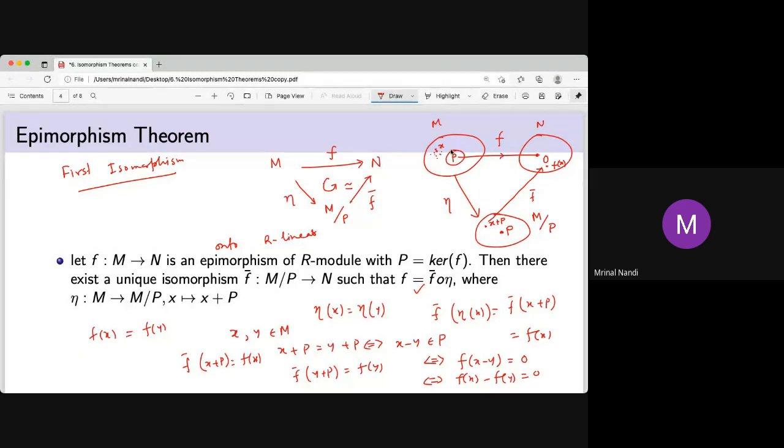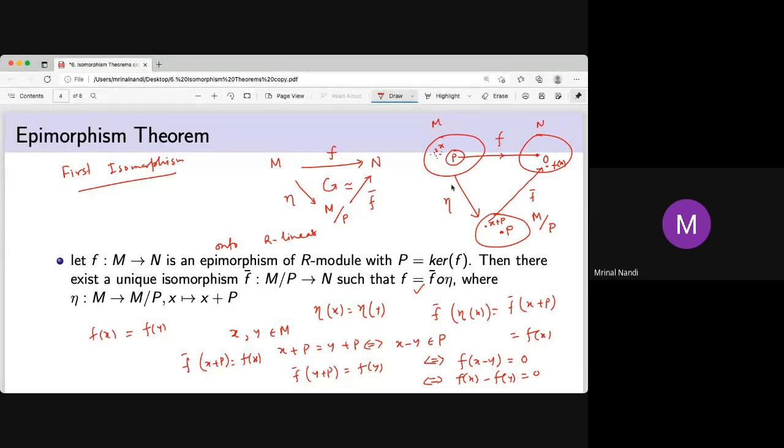Not only that, if you take a bigger set, say Q is a submodule of M and P is contained in Q, then we can also define this f bar. The same thing will happen, because we just have to prove f(x) equals f(y). If you kill everything in the bigger set, so that it goes to the 0 element, then f(x) equals f(y),